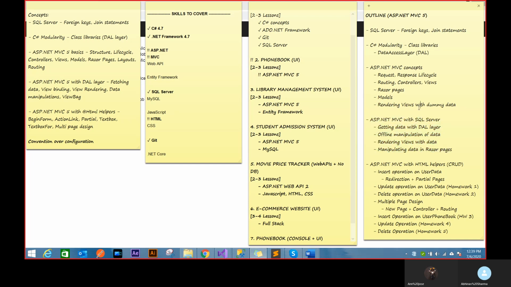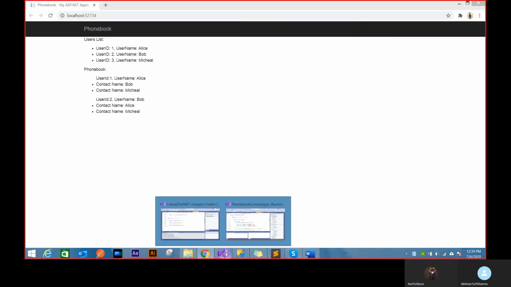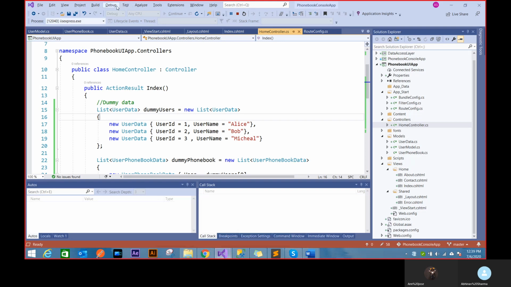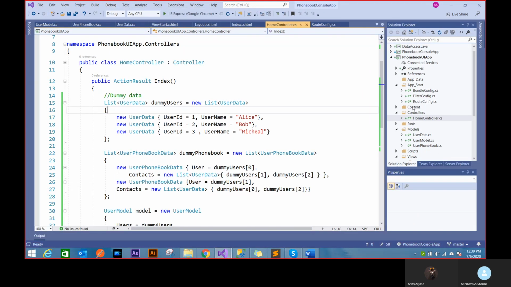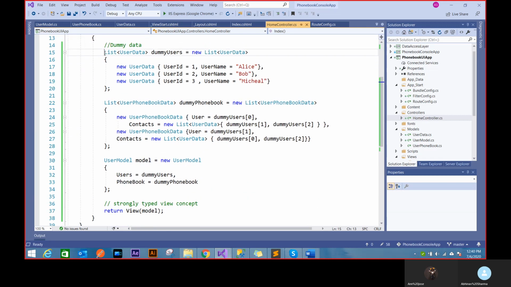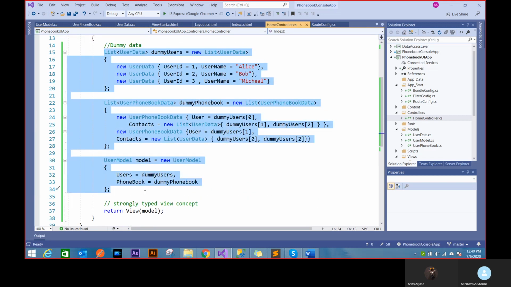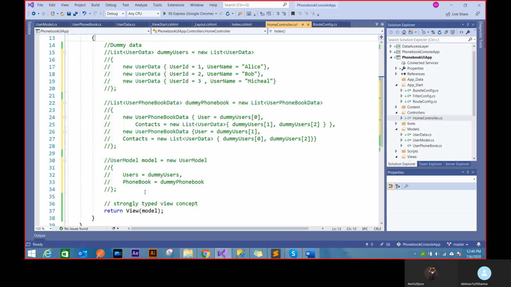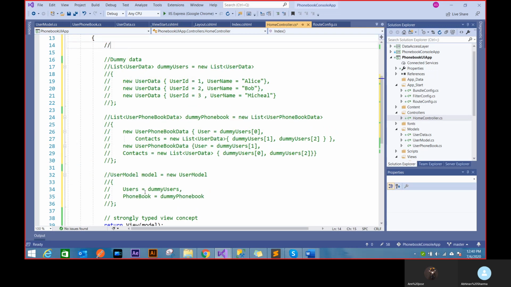And you can understand why I created a C# library now. Because this is a whole new project. I don't want to add any kind of business logic inside my UI. I want to have some other DLL out there that can be plugged inside my UI. So now I can just comment this out. I don't want to use dummy data, but I want to connect it with SQL Server.